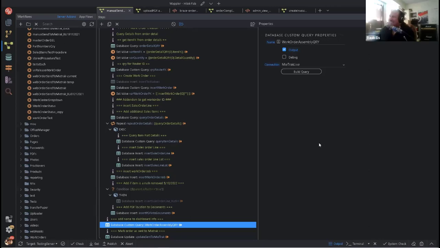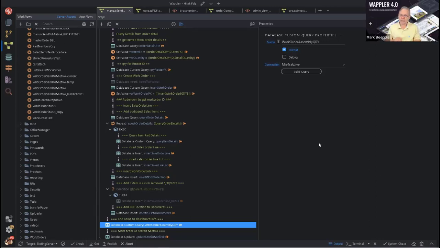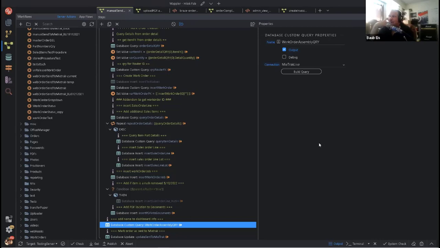You just explained how the different servers were located on site at your clients. What kind of horsepower specifications does the server have to handle that mountain of Wappler APIs, server actions? It's been a while since I put those in, so I don't know off the top of my head.